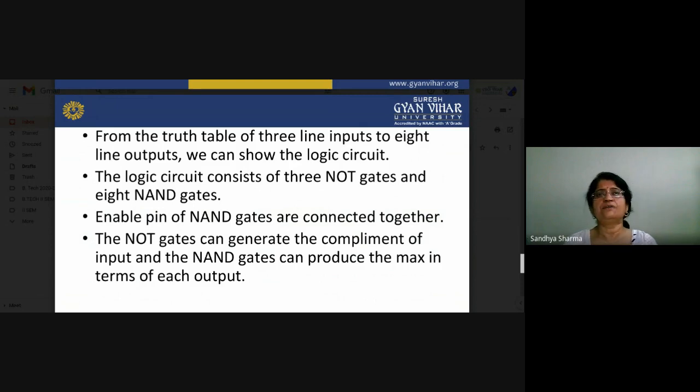If you are talking about the decoder, that is the reverse of the encoder. In a decoder, there are 3 lines on the input side and 8 lines on the output side, so according to the selected input, one output is activated. According to that, the particular binary number will be reflected on your output signals. So this is the basic concept behind the encoder and decoder.